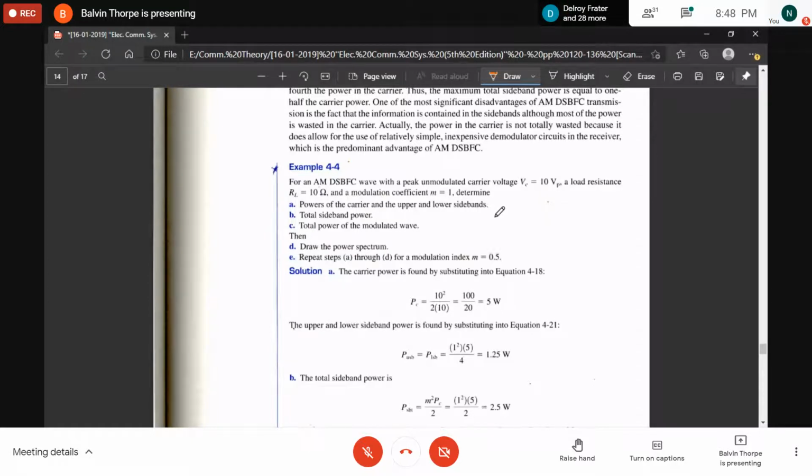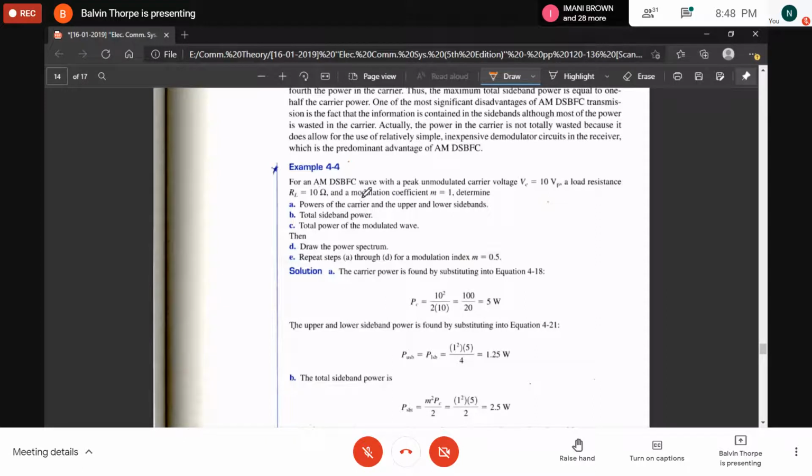It is not really modulating. Okay, well, it's modulating, but it's not protecting the signal. Right, so it's not really protecting the signal. So anyway, we have that, and they ask us to